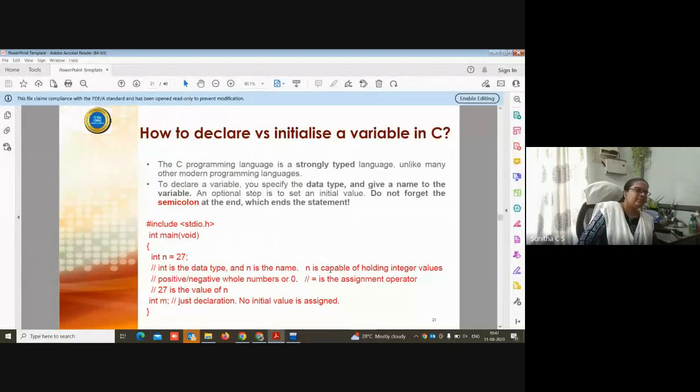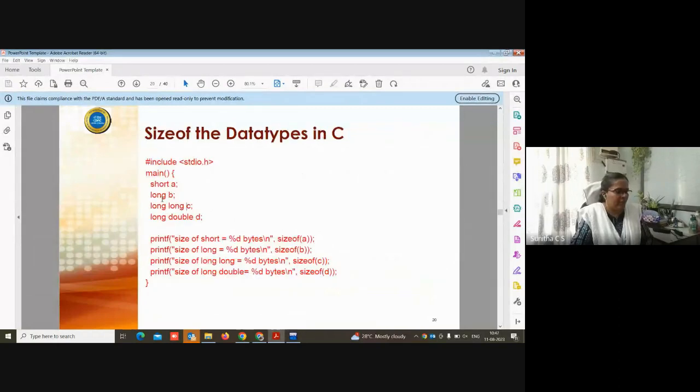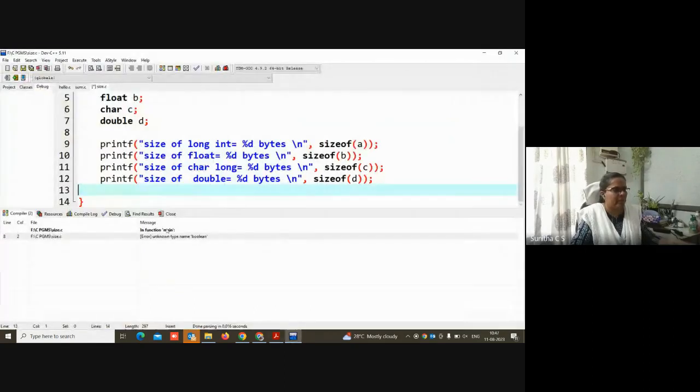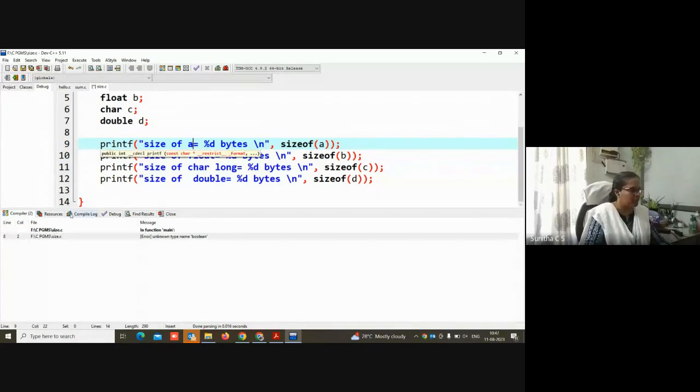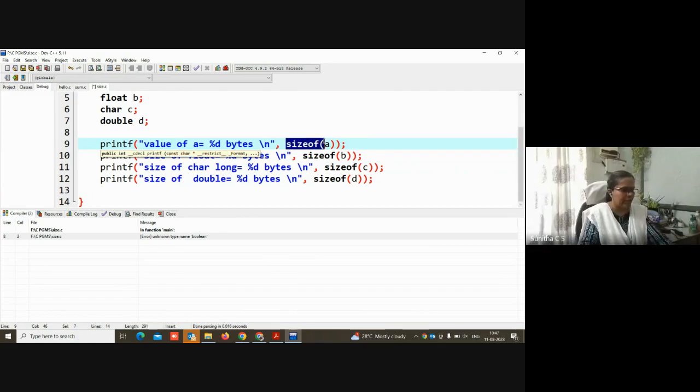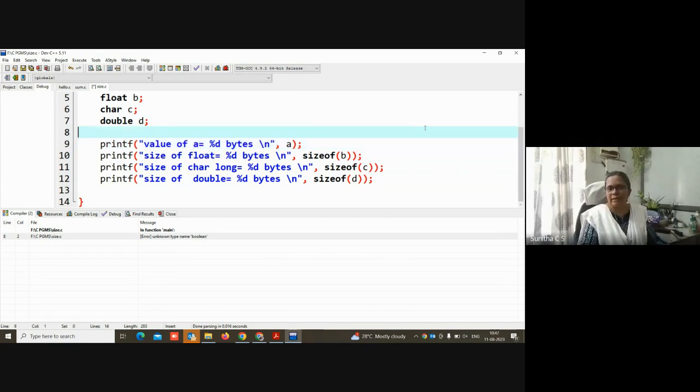Next one. So right now we were just giving variables like short a, long b, long c, etc. Now suppose instead of this, I want to print the value of a, not the size. This is how you are going to print the value which is stored inside a variable.